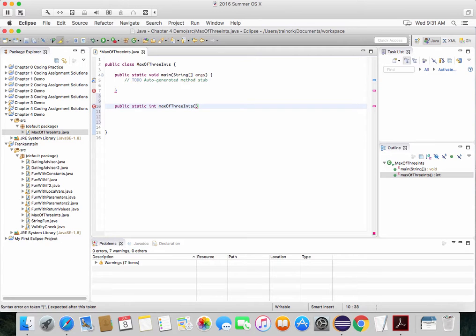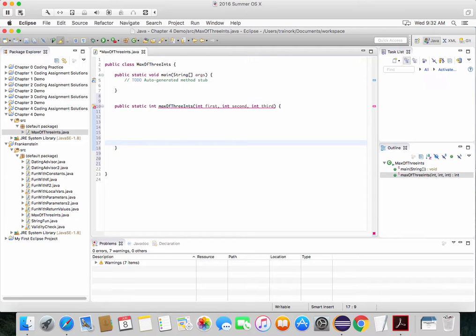In the formal parameter list, I'm going to have to declare 3 inputs. So we use the type int, and we give it a parameter name first. And then how do we separate these from each other? They get separated by commas. So int first, int second, int third. And then we're going to use a set of curly braces to create the code block for the